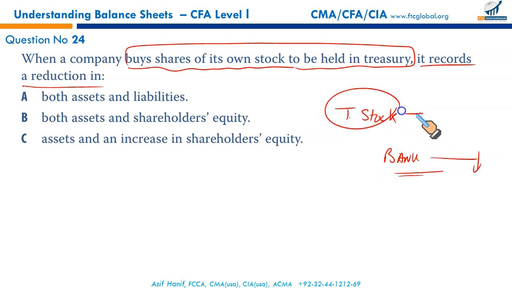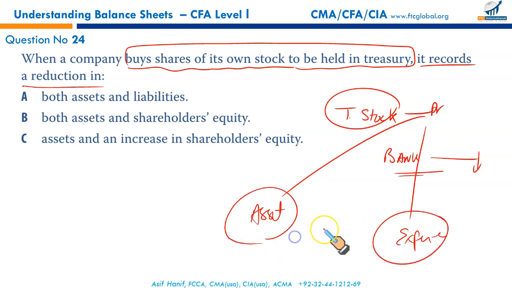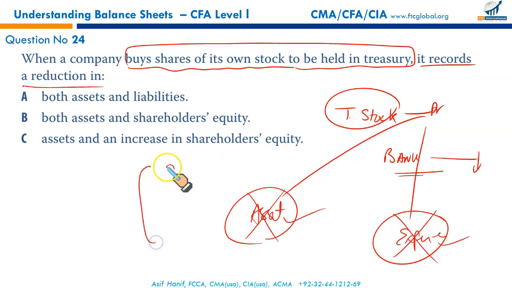This is a debit item. So we know debit could either be an asset, which it is not, or an expense, which it is not. Interesting. It is neither an expense nor an asset, but it's a debit item. Treasury stock is debit. Either it has to be an asset or it has to be an expense. But since they are our own stock which we purchased, we neither report them as an asset nor could it be an expense. They are reported as an unallocated reduction from equity, a negative item in the equity.